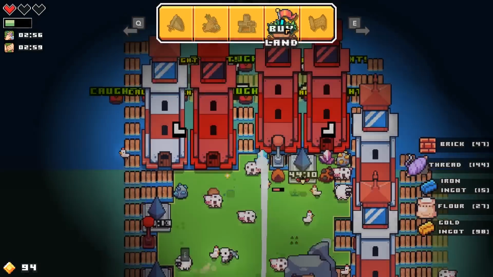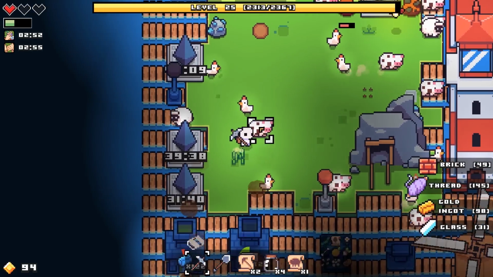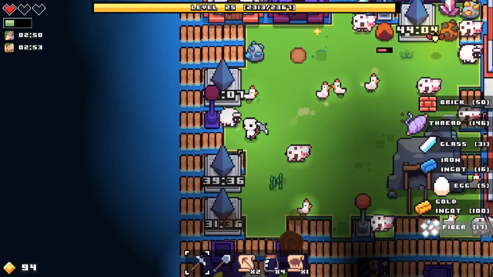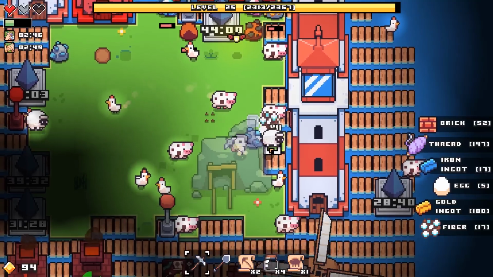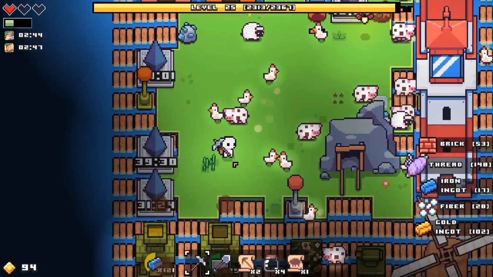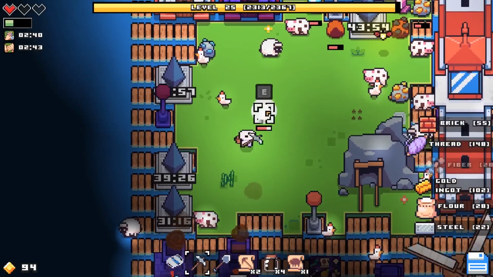Let's see. So we want to check. Well, no, we don't want to buy any land. I'm just gonna let them kind of aimlessly wander. It's not like I really have to do a whole lot. Okay, so now I have enough leather. The only real issue is...